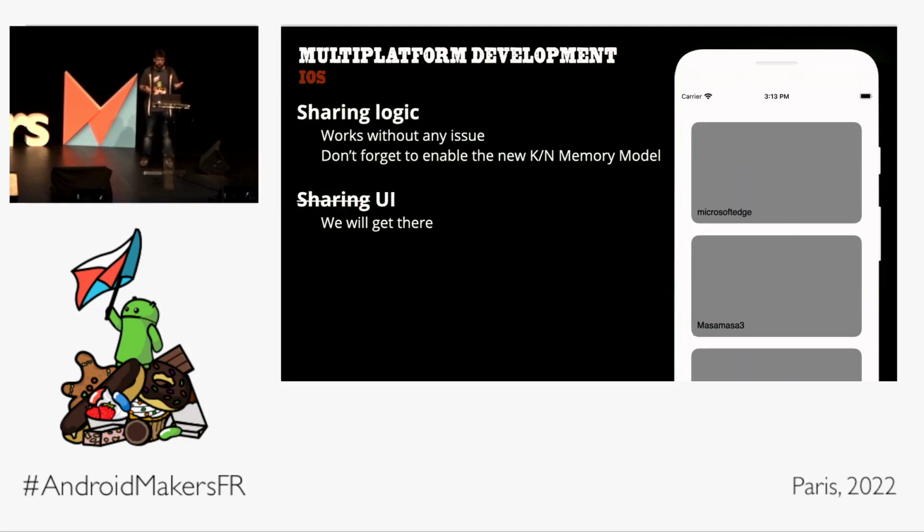Sharing the UI, well, it's almost impossible nowadays, but once again, this is something that is still in its early stages. I think there are two samples on the JetBrains GitHub that are really hidden, but this means that there are people working on it, so let's hope that in the near future, we're going to at least be able to have a similar function to what we have on Android.